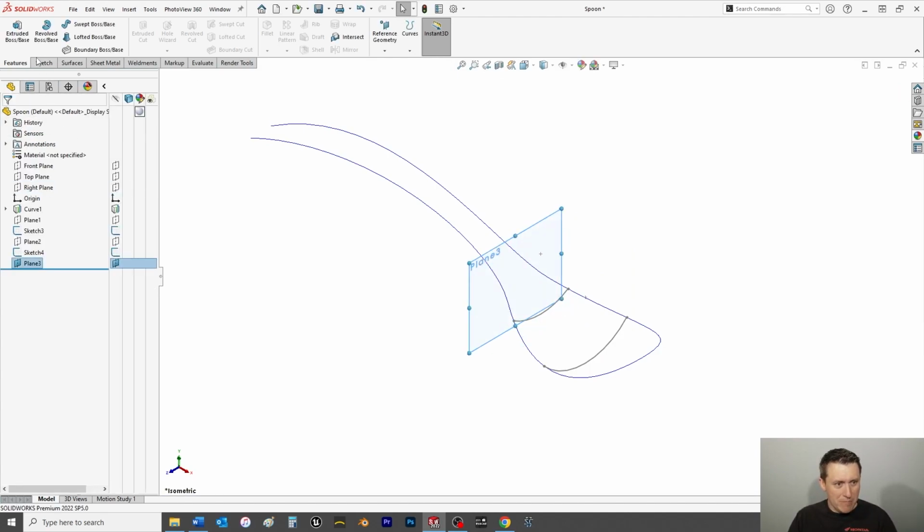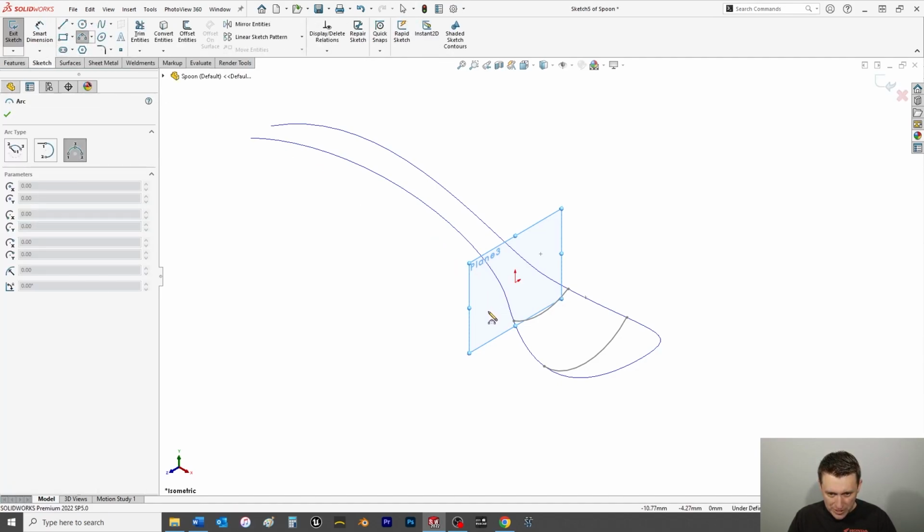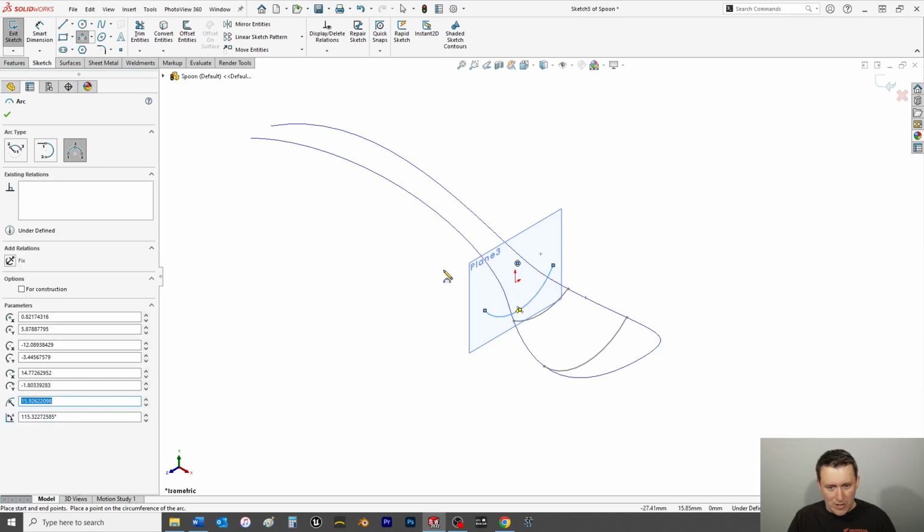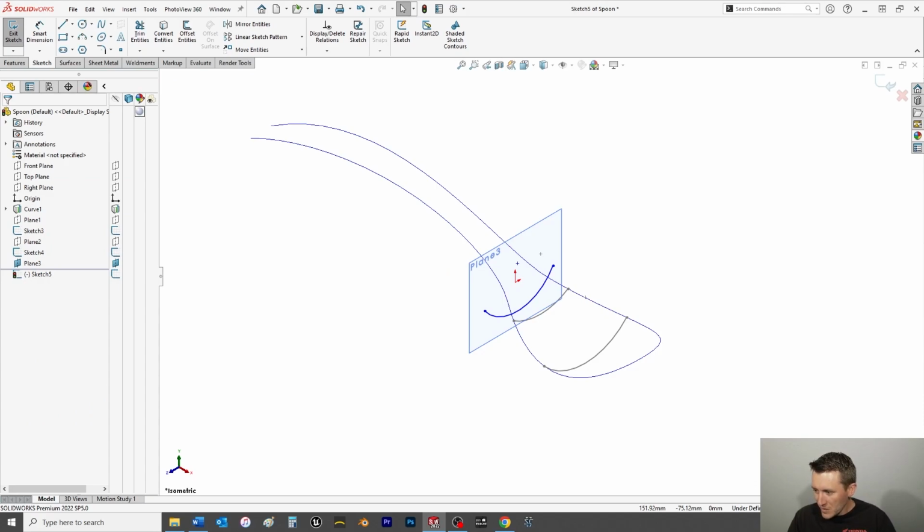Select OK, go back to our Sketch tab, choose a 3-point arc, click to start the arc, click to end the arc, and then drag down a little bit to give the arc some shape. Click again, hit escape, and the radius for this is going to be 20, but first gotta add those relations, so pressing Control on the keyboard,